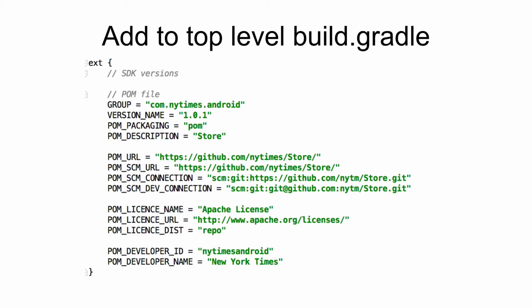So next I went to my top level build.gradle file. Remember we got a build.gradle at the top of our project and one for each module. And I added some additional metadata that a plugin that we're going to be using is going to be pulling. So I'm going to be using Gradle. Gradle is the default build system in Android. But Maven